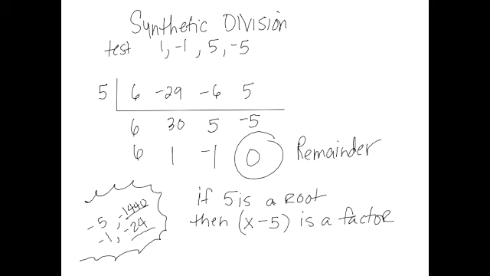All right? And the reason that we know 5 is a root is because we got a remainder of 0. It divided evenly. Okay? It synthetically divided evenly, so we got no remainder. And when we're dividing, we like to get no remainder because that means that we've divided evenly. So that means that we now know that x minus 5 is a factor of that original polynomial, which back